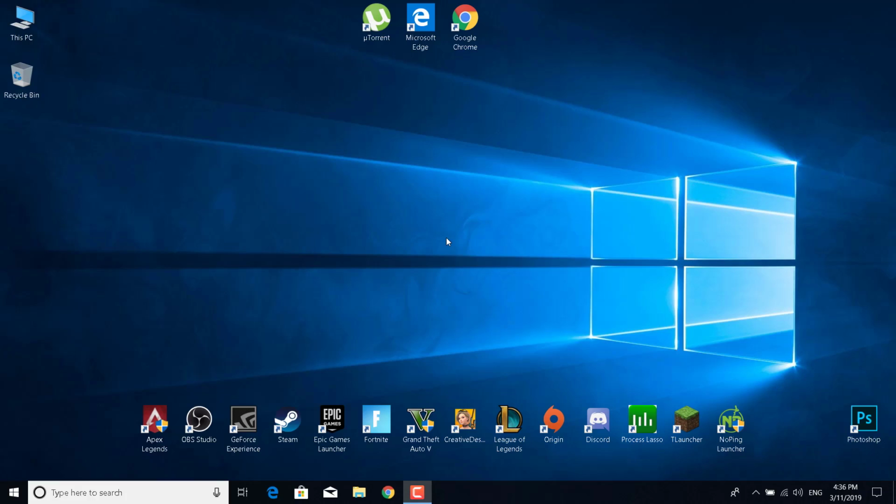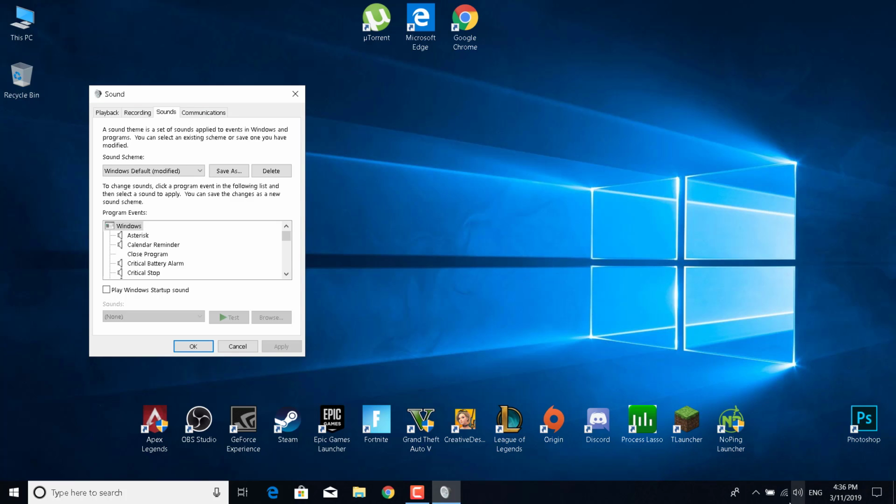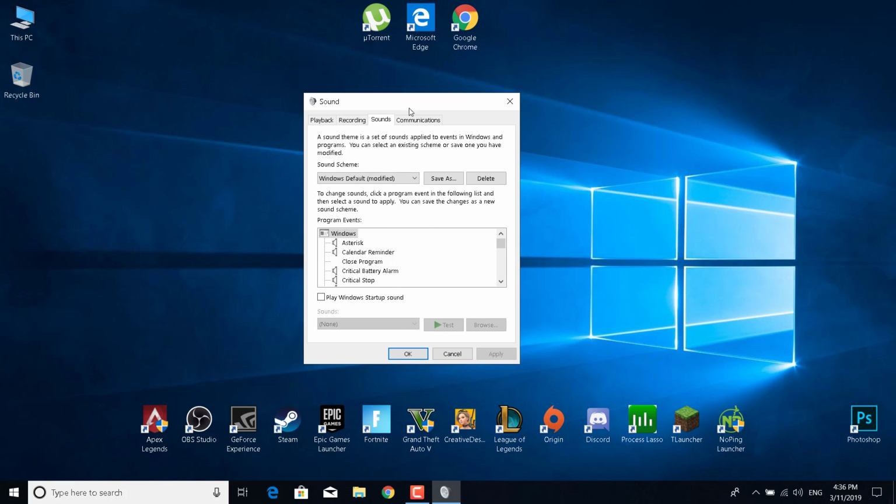This is gonna be an easy and quick tutorial, and what you want to do is just right click on the sounds icon in the bottom right corner. So just right click on it and click on sounds. If you don't have the sound icon, just click on the search bar and type sounds or audio, etc. Once you open this, what you want to do is go to the playback tab